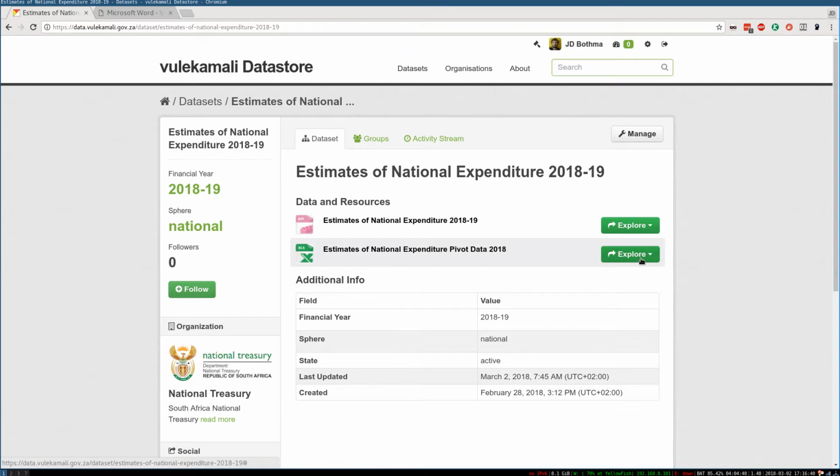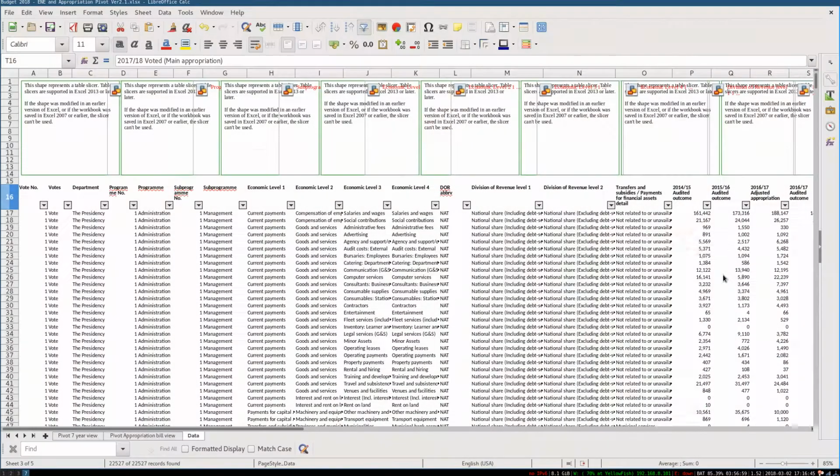You can download it with Explore and then download, and open it using Excel or OpenOffice Calc or Google Sheets. And it's a very big and complex spreadsheet, but don't worry, it's quite easy to get familiar with it. These boxes don't show up in LibreOffice, but they might be useful to you in Excel. So the easiest way to get familiar with a big table for me is to enable filters on the